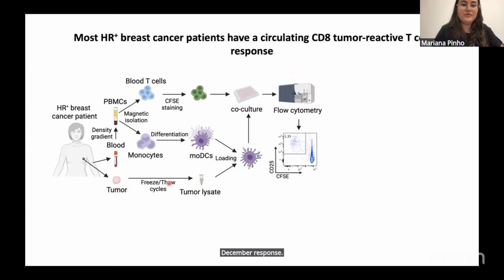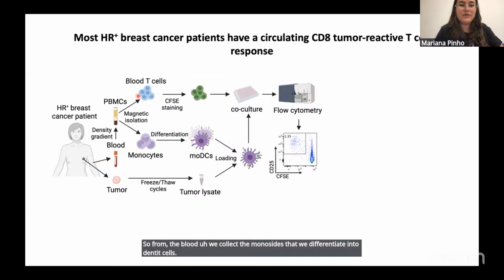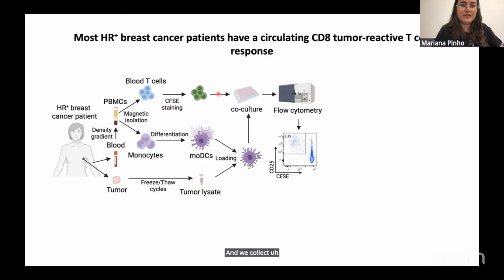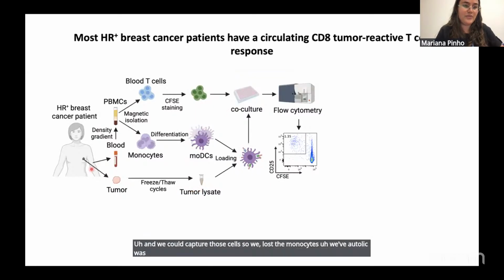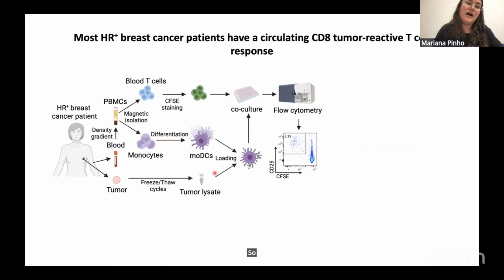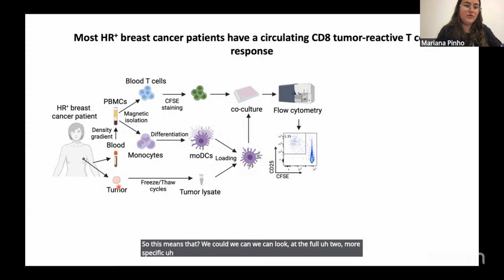So first of all, we started with a very similar method. From the blood, we collect the monocytes that we differentiate into dendritic cells, and we collect the T cells that we stain with the CFSE. And we co-culture those cells. We load the monocytes with autologous tumor lysates from the patient, which will contain all the proteins present on that tumor. This means that we can look at the full tumor-specific response, even though we don't know what antigen is